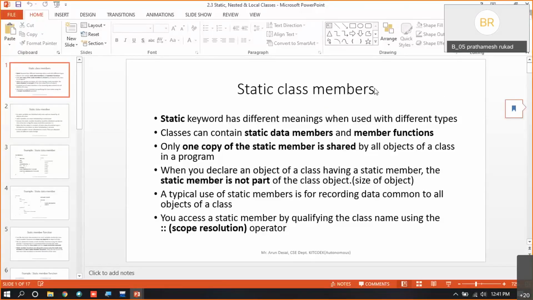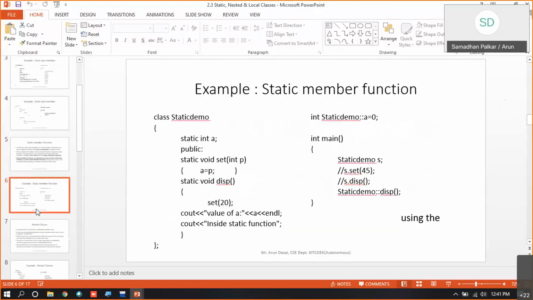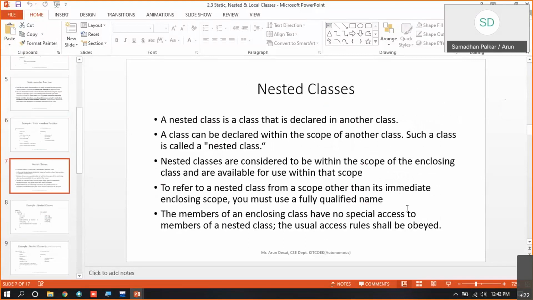Okay, is my screen visible to you? Is my screen visible? Yes, sir. Okay, so those things. Okay,